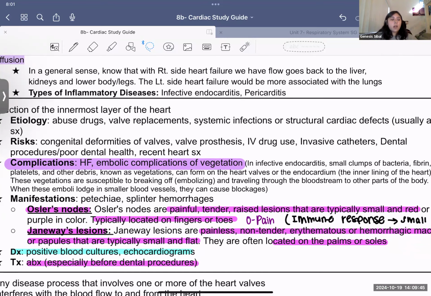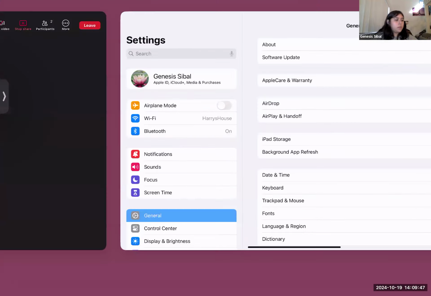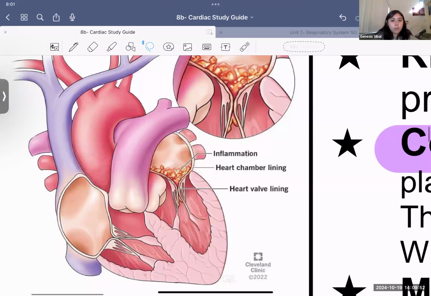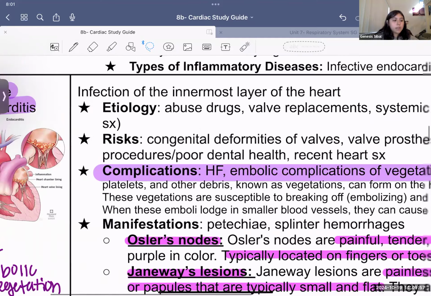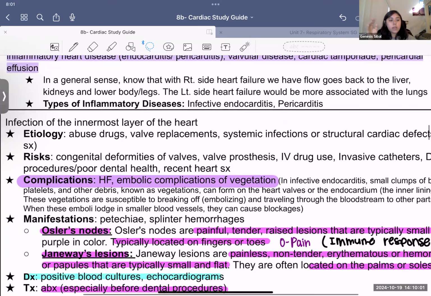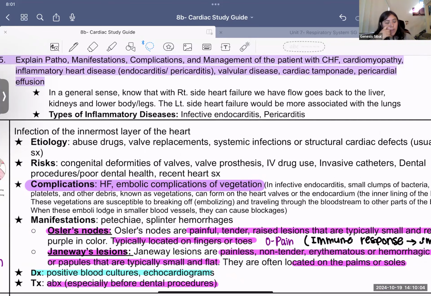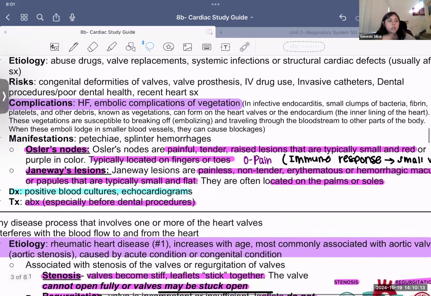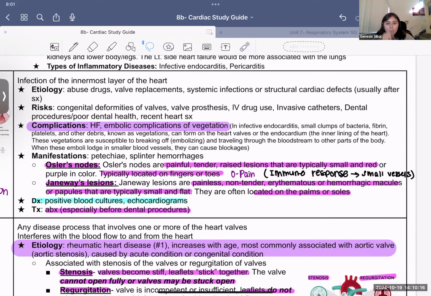Not only is it cutting off the blood flow between that atrium and that ventricle, but it can also embolize just like a regular clot, and then move to other vessels and cause even more blockages as well. And when these emboli lodge in smaller blood vessels, they cause blockages, and that's why you see the Janeway's lesions with that. Janeway's lesions are more associated with the emboli and those vegetations, whereas Osler's nodes,